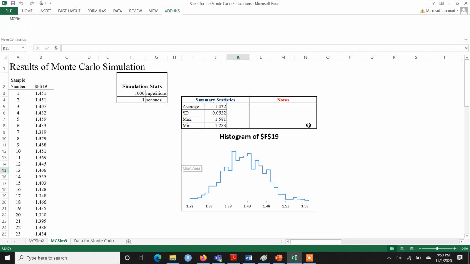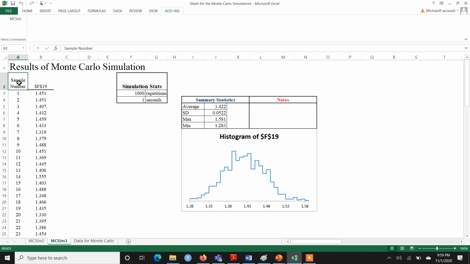Once I proceed, you see this type of output is produced, and you can see that my machine is quite good, because these 1000 repetitions of simulation have taken only 1 second on my machine.